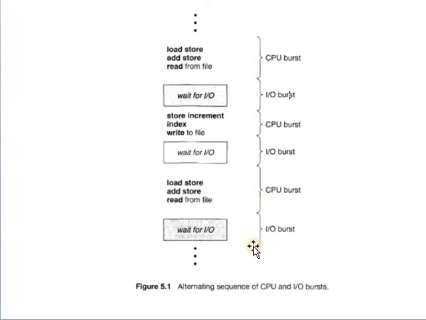This is one cycle in which the two states are alternately followed by a process. The process changes its states alternately from CPU burst to I/O burst, again I/O burst to CPU burst, again CPU burst to I/O burst, again I/O burst to CPU burst, and so on until the process gets terminated. Whenever a system requests termination, the final CPU burst is done.